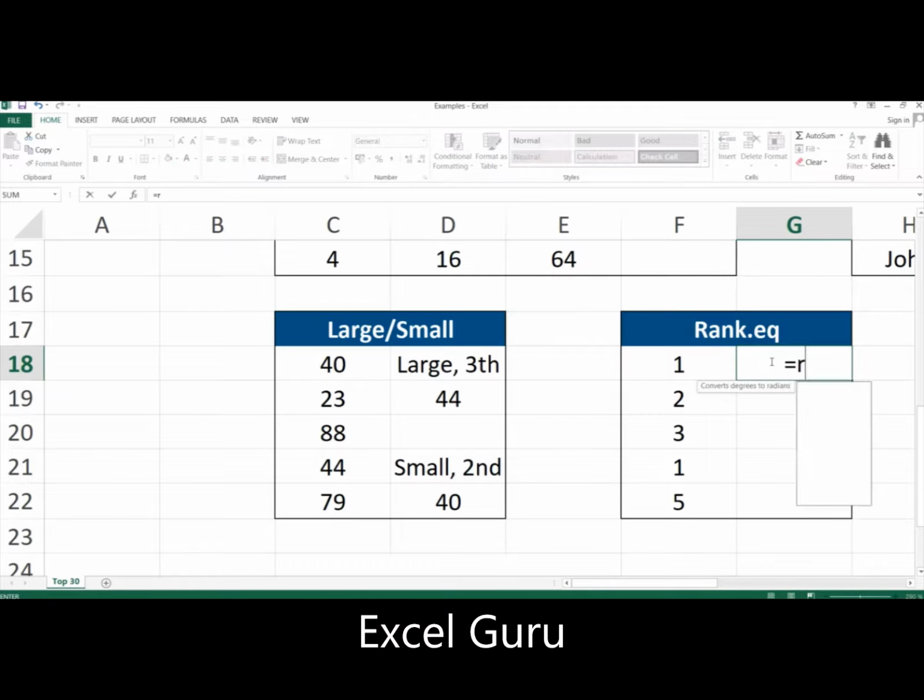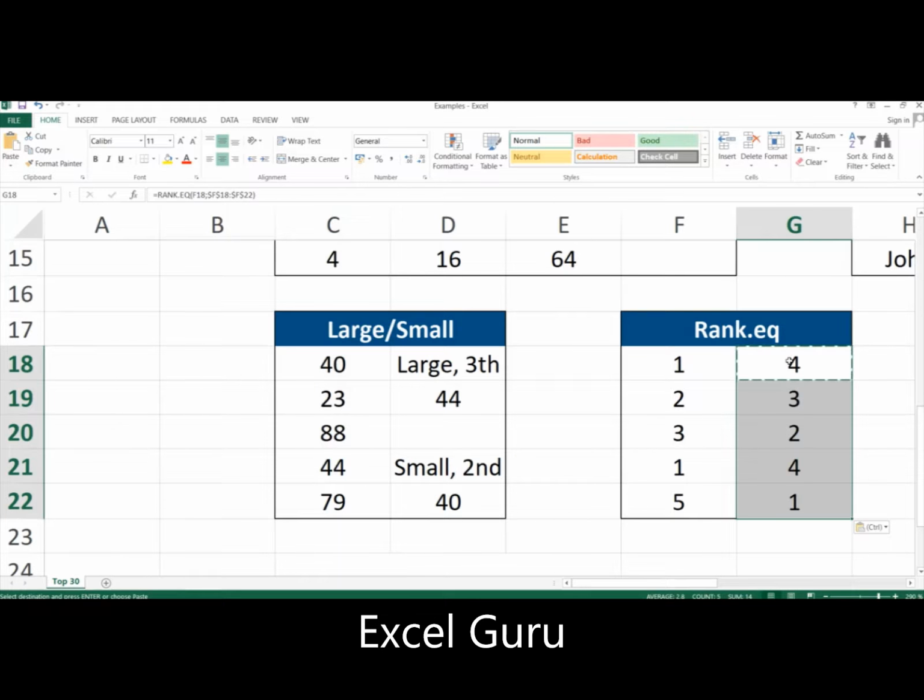Now RANK.EQ is this, and now we need the number here, and we need the reference range. So this is the reference range, and I'm going to fix the range as well, so you can see. So this is the fourth largest value really within our array. Now if I populate this formula for the other cells as well,